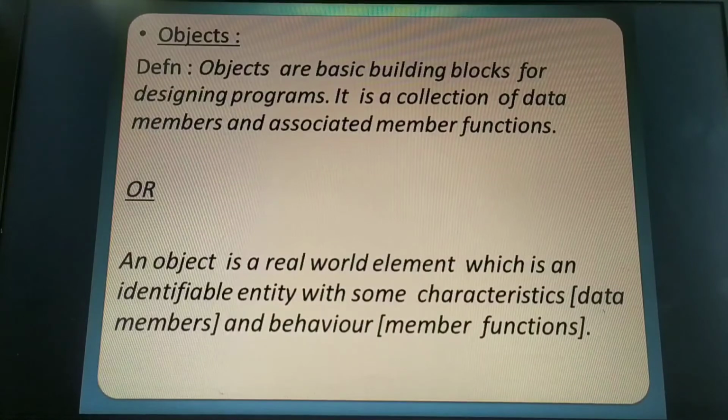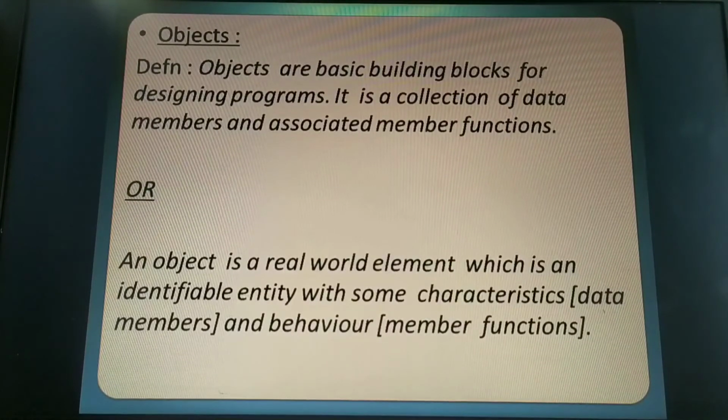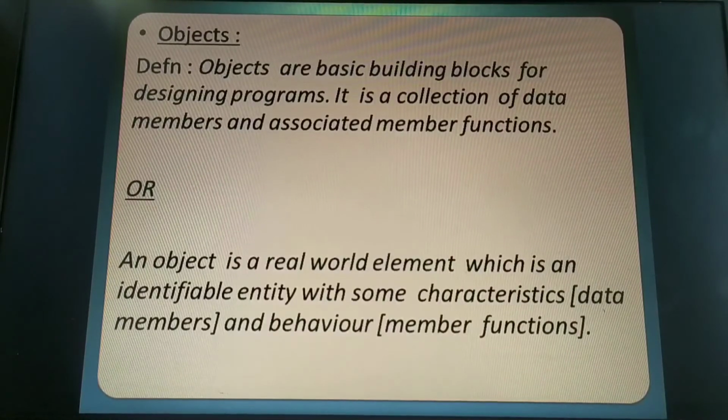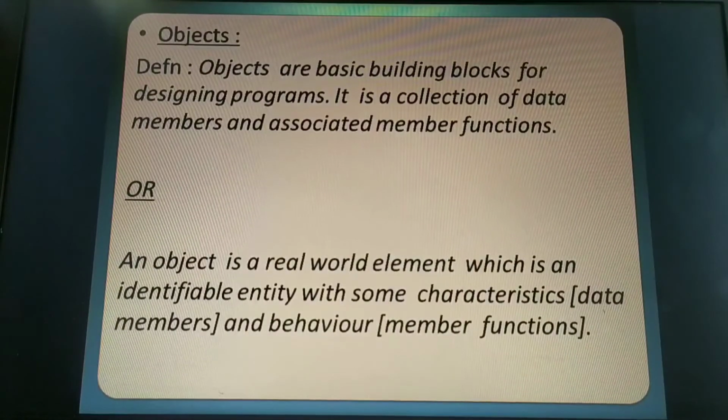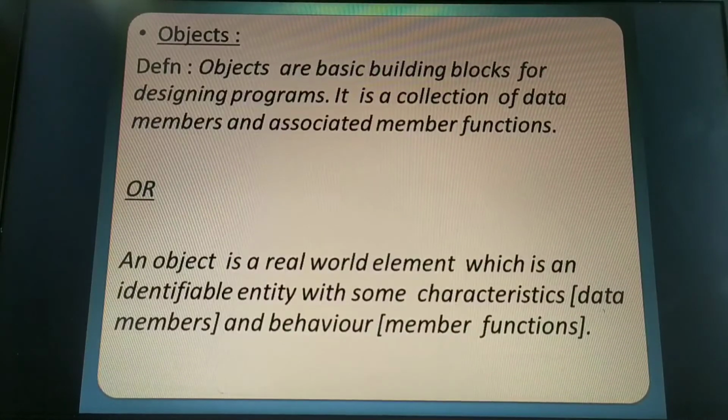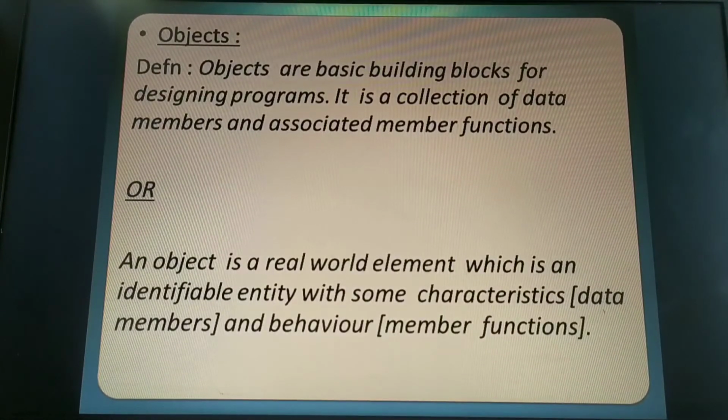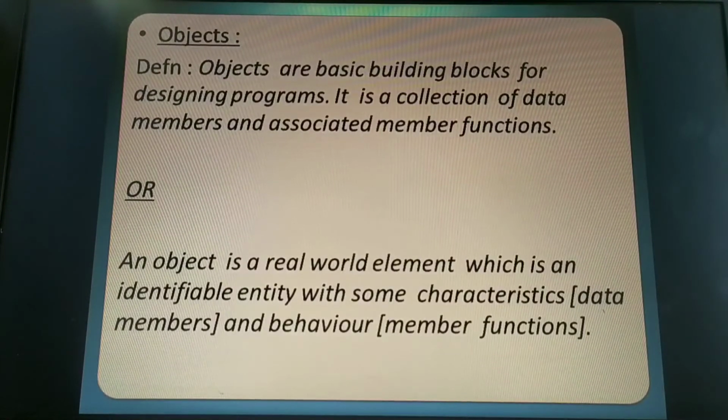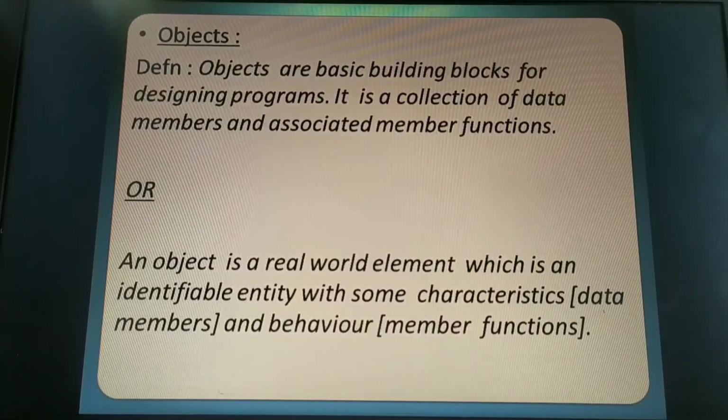Like all cars have four wheels, all have a color, all have a price. Then its model, and in which year it came into existence. So these are certain common characteristics that a car can have. Then what are the behaviors of the car? Its speed limits, its mileage. These are a kind of unique behavior that each car might have.